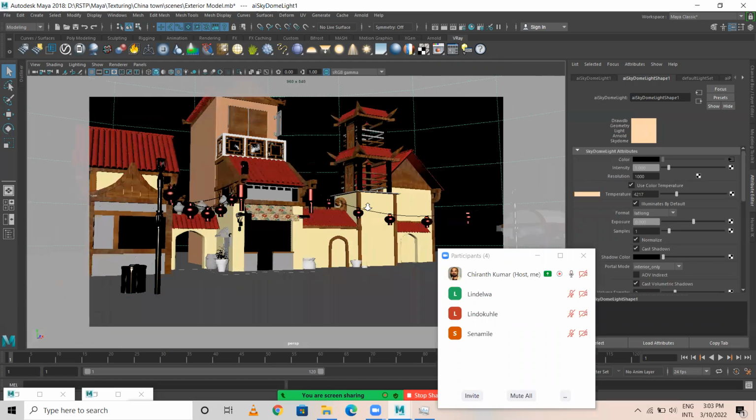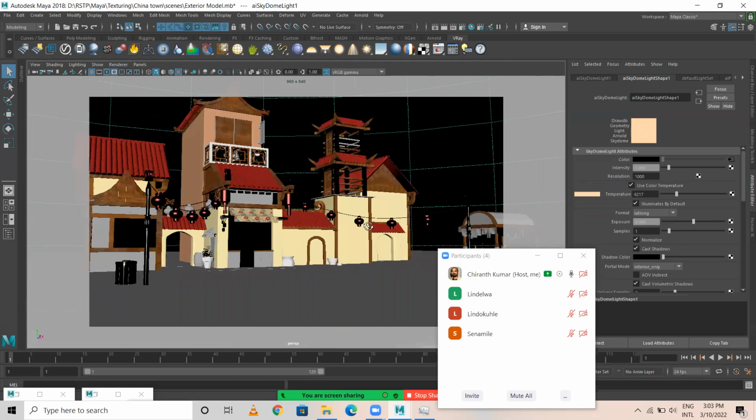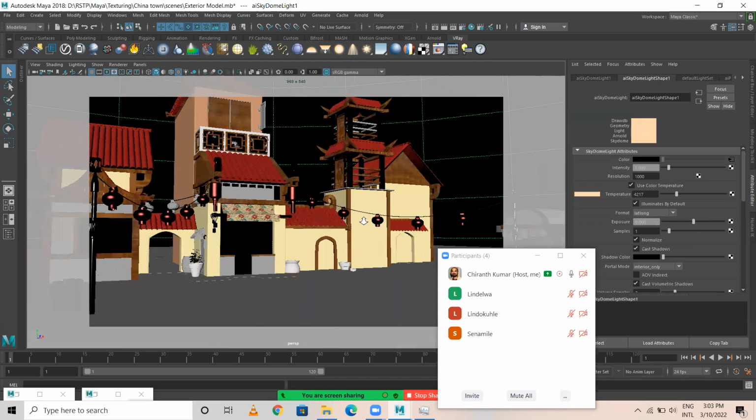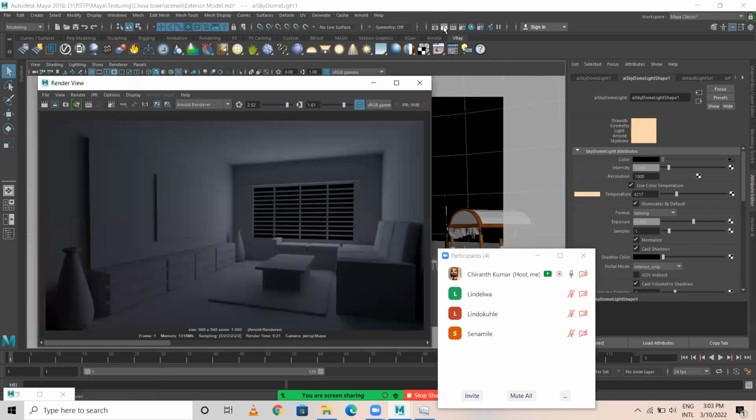All these are Arnold materials which have been used here. So let me take a render. It takes some time to do the rendering since the file size is really heavy.